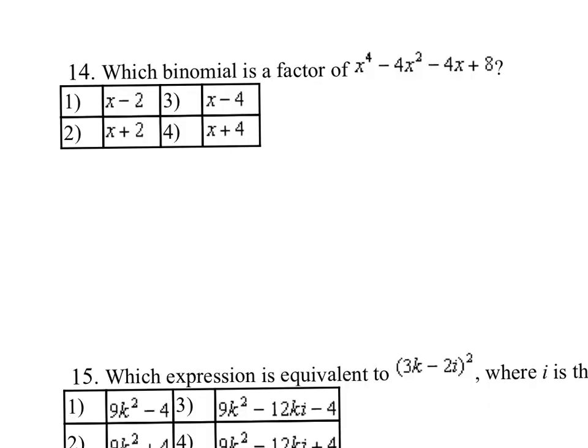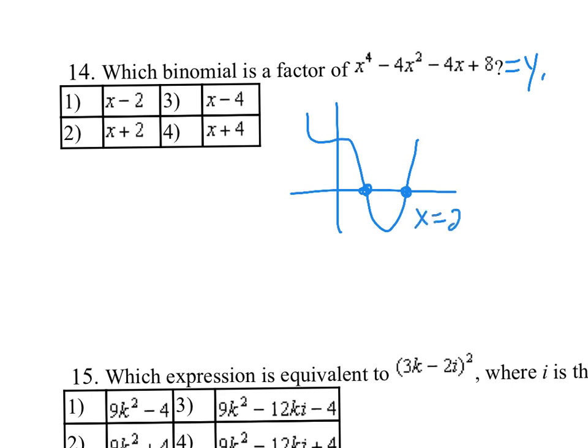All right, so for number 14, I think the easiest way to do this one, honestly, is just to go into your Y1 in your calculator, type that in, and let's just get a look at what the picture looks like. So basically, the picture looks something like that, okay? And you know, notice that we have 2 zeros. The one on the right is x equals 2, and the one on the left is x equals